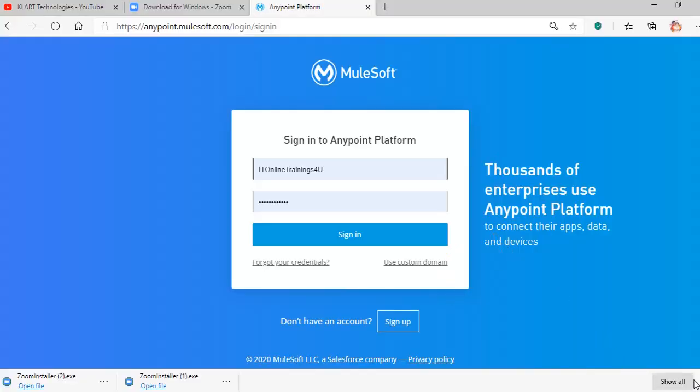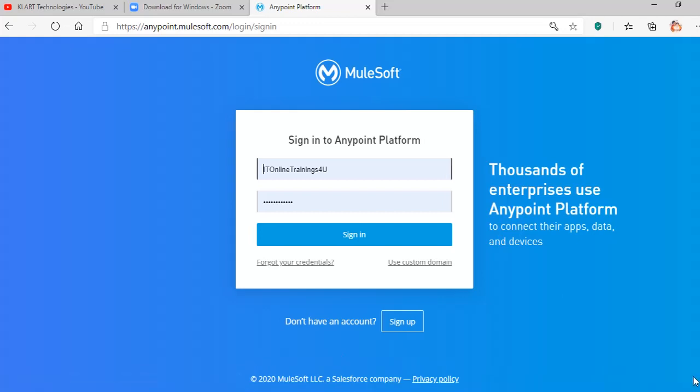In this video, we will see how to apply rate limiting policy on your APIs. Okay, this is our second video on applying API security policies. So first thing, what is rate limiting policy?